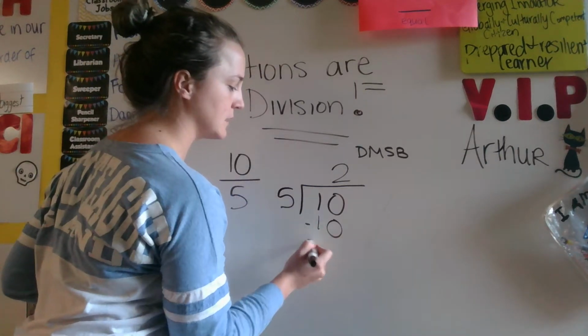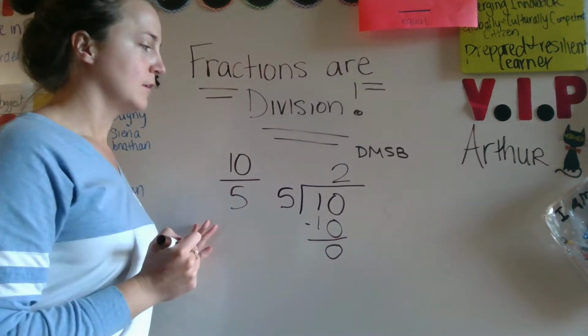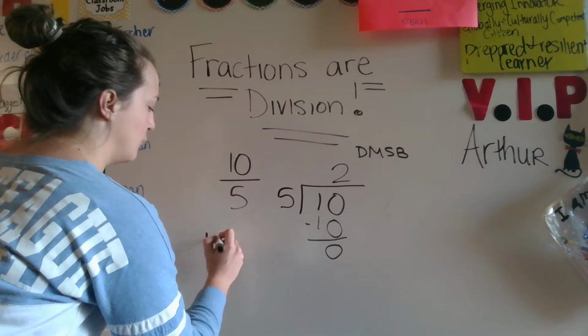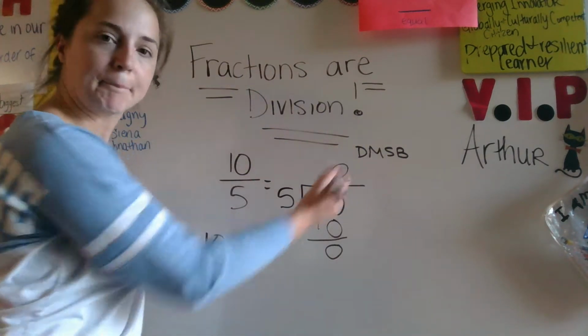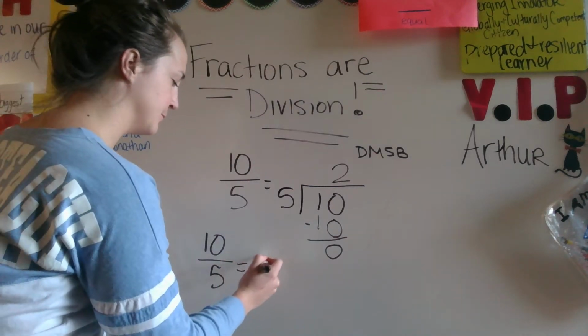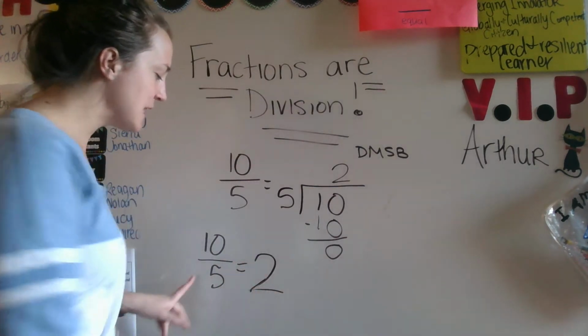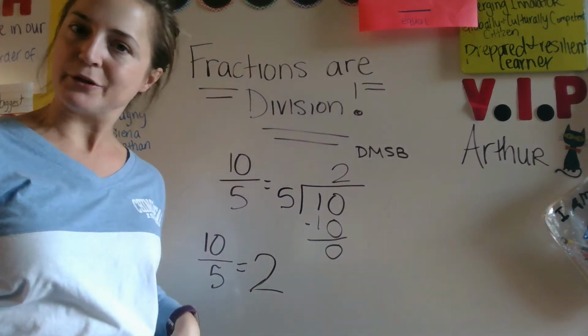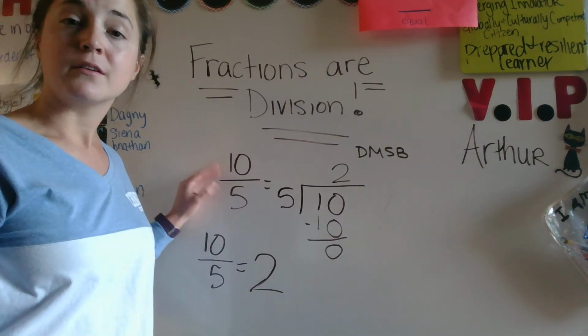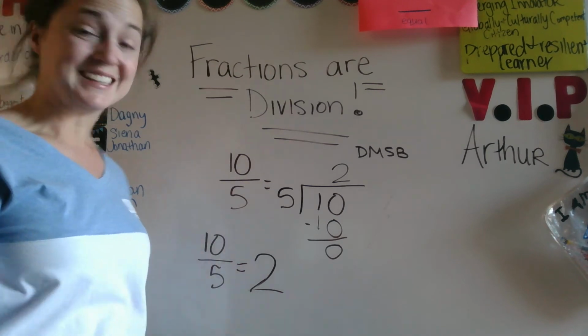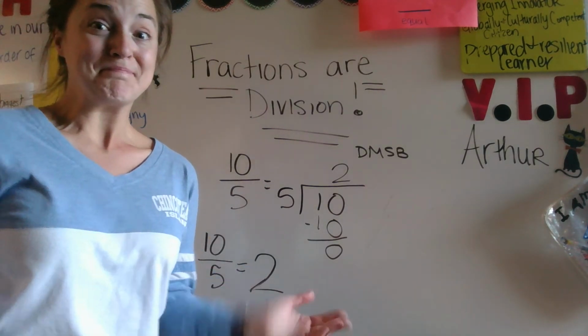We subtract, gives us 0. So really, 10 over 5 equals what? Equals 2. All right, and that's how we're going to figure out our mixed numbers and our mixed fractions, is going from knowing that a fraction is actually just division. Good luck on your